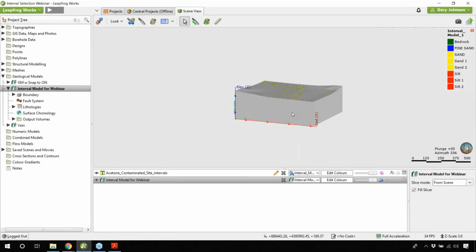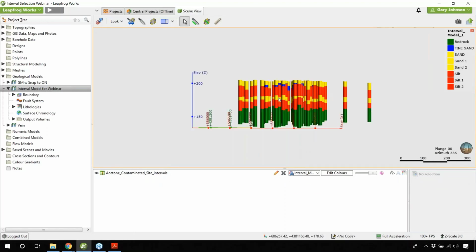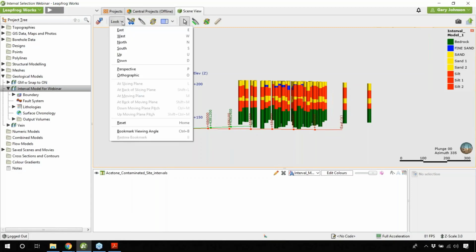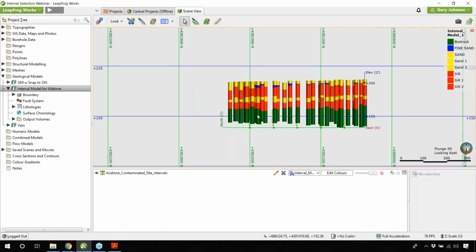We now want to build our surfaces in order to designate our output volumes. For my best practices of building surfaces, I like to keep my intervals in the scene. Might zoom in a little bit. I like to look directly west or directly east on my model. To do that, you always have these look functions here. These are very helpful, and you can click on one of these or use the keyboard shortcuts. If you ever want to look east on your model, you can just press E on your keyboard. I'm going to go ahead and do that. You can now see that we have our boreholes correctly orientated,